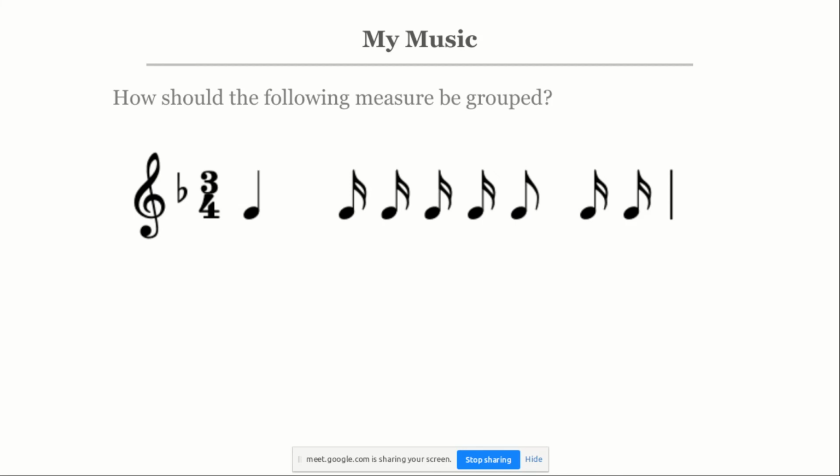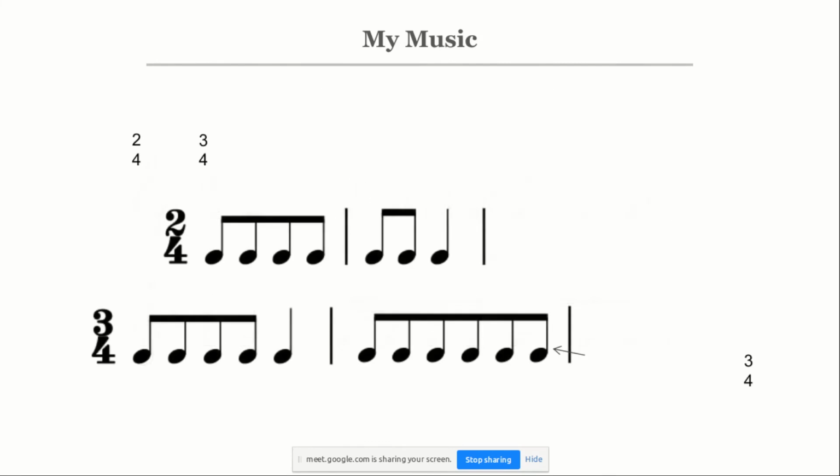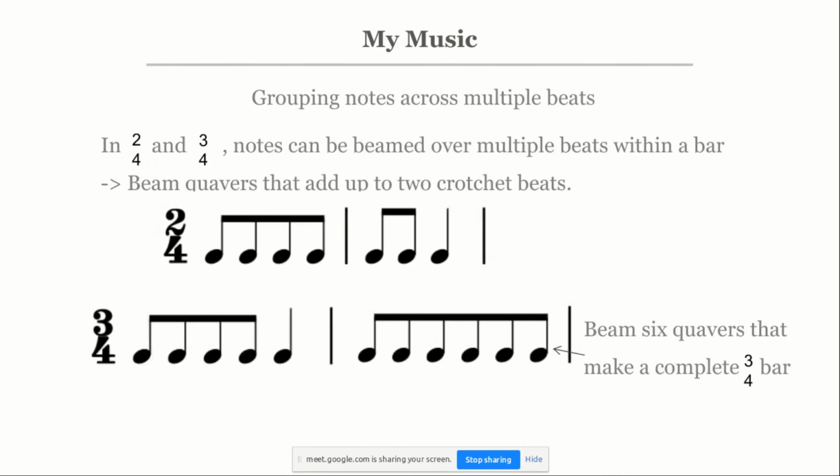You're asking me? Yes. Oh, okay. The first one, it's okay. The second one, you will group the 1, 2, 3, the 4 semiquavers, and the other one will group the 2 semiquavers and the 1 quaver. Correct. That makes 3/4. So in 2/4, this is now the last part.